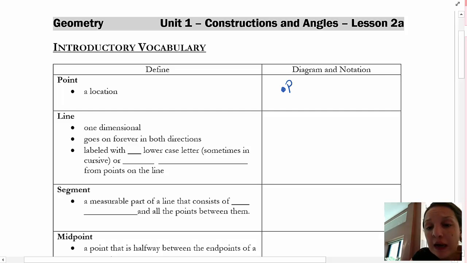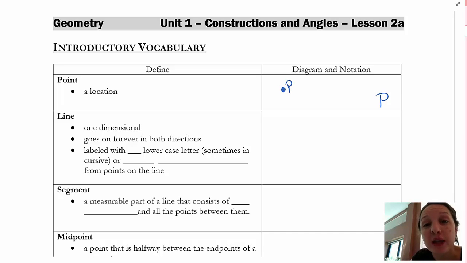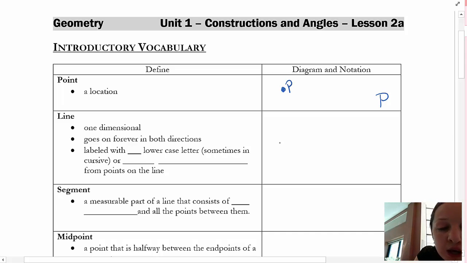A point is a location, and the notation is just one capital letter. That's point P. Ta-da! Now, a point, and then we have a line. So a line is one-dimensional. That means it just has length. It doesn't have length and width. So if I have a line,